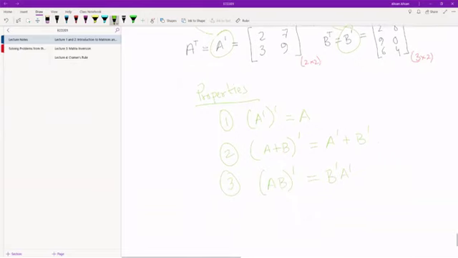This may not seem as obvious as the first two properties, but once again, just come up with any two random matrices A and B that conform so that you can multiply A and B, and then do this, and what you should see is that they give you the same answer. So these are the three properties of transpose. And once again, in the next video, I'm going to